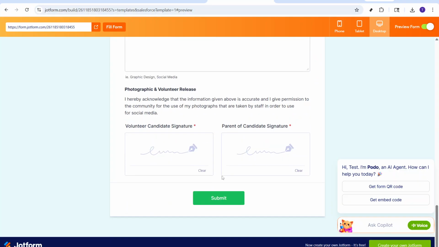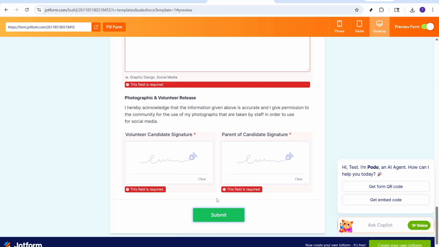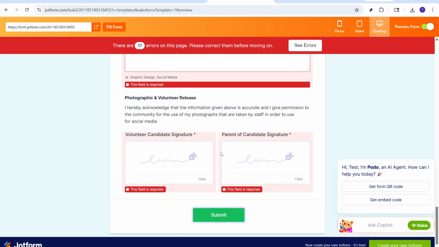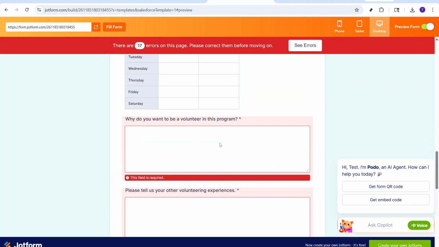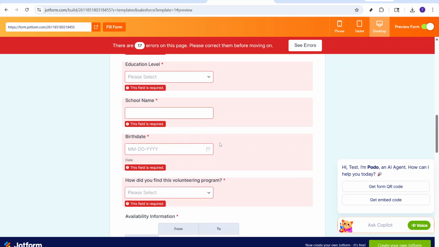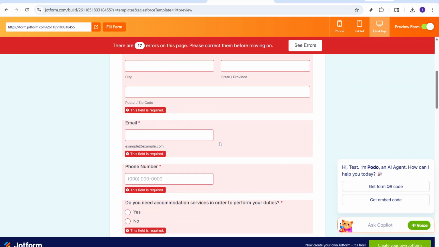By following these steps, you'll have a fully functional web form that not only looks great, but also serves its purpose effectively. Whether you're collecting feedback, collecting leads, or just gathering information, JotForm makes the process seamless and straightforward. So go ahead, share your brand new form and watch